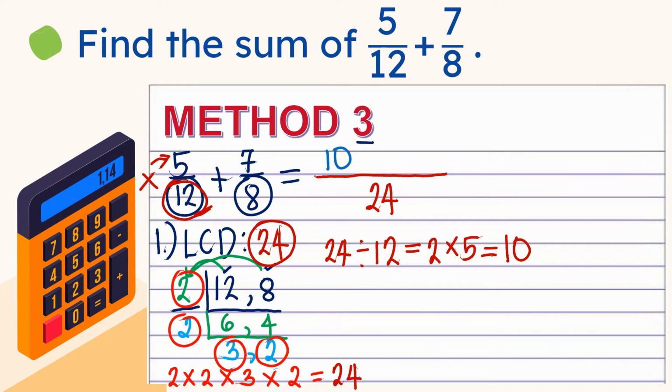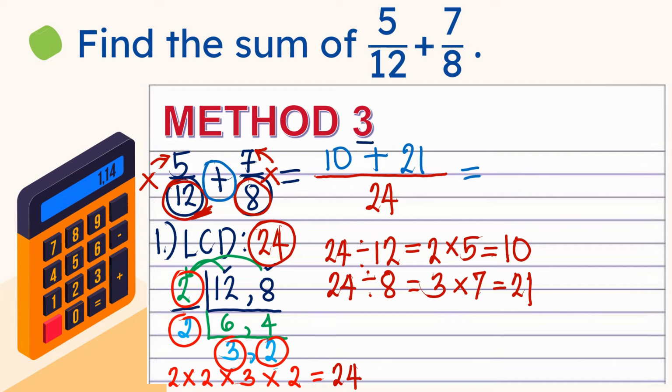Okay? Then next, proceed ka na. Yung 24 ulit na LCD mo, i-divide mo siya, siyempre, hindi lang kay 12, kay 8 din. So, 24 divided by 8 is equal to what? 3. Correct. So, 3. And then, yung sagot mo, i-times mo doon sa numerator times 7. So, you're going to have 21. Correct. Okay? And then, kung ano yung operation, just copy it. Then, solve na. Okay? So, what is 10 plus 21? That is equal to